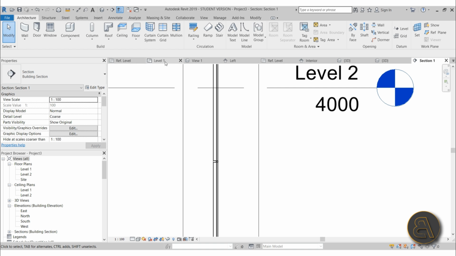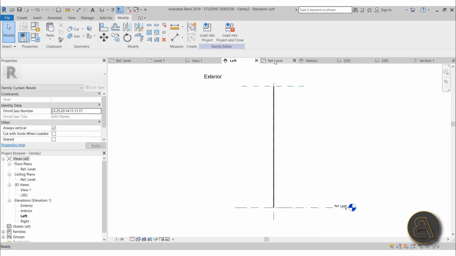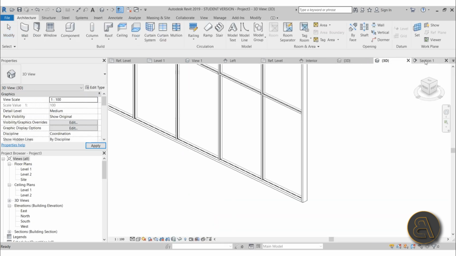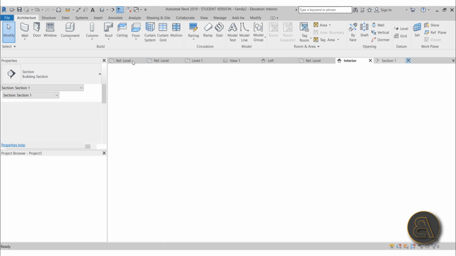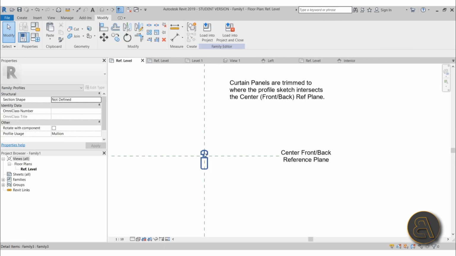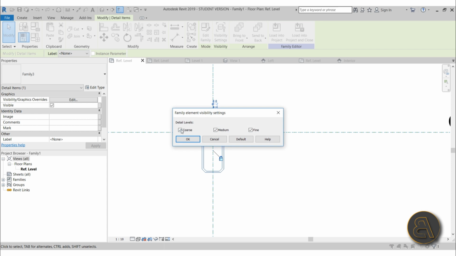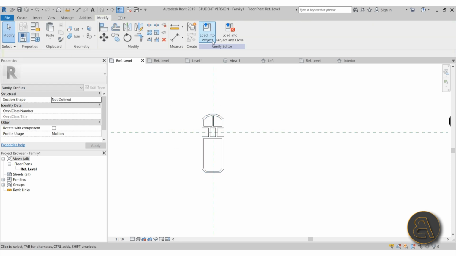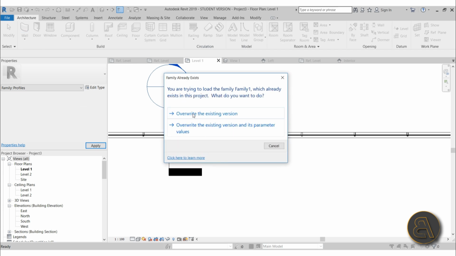Also, you can make some additional changes. Maybe one trick that I would like to use for something like this. Let's just find that family. Okay, so here's the family. I would select the actual detail family and maybe go here to visibility settings and make sure that it only appears in perhaps fine. So uncheck this, hit OK, load it back into the project tree, hit OK, override, and